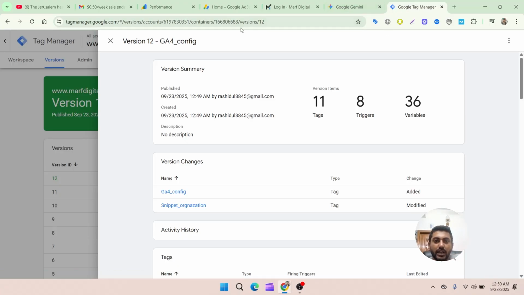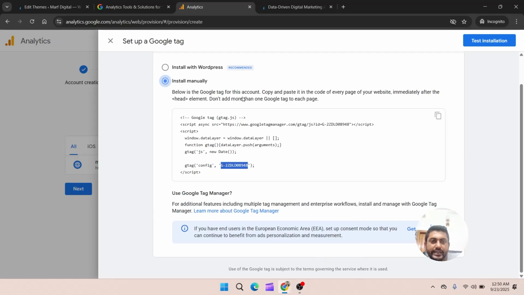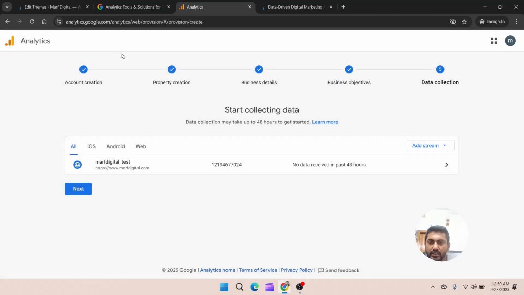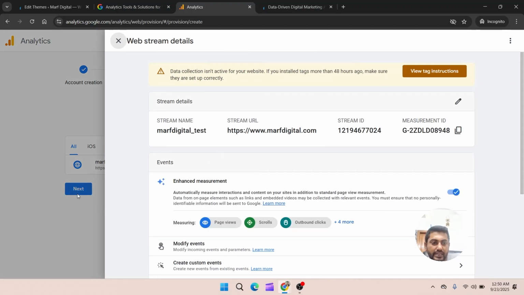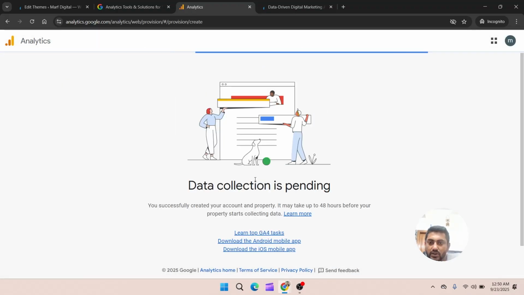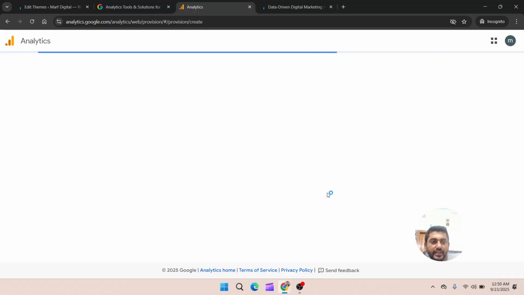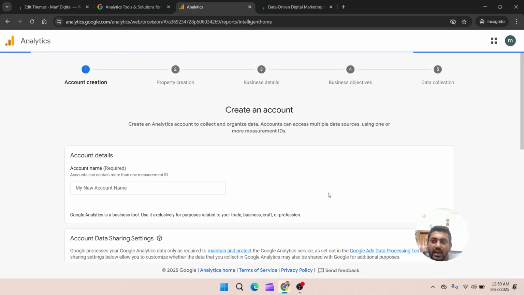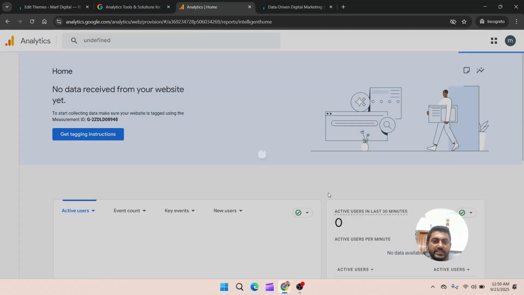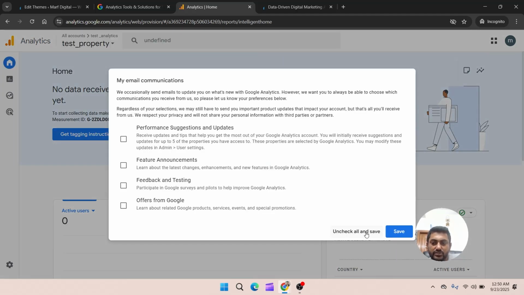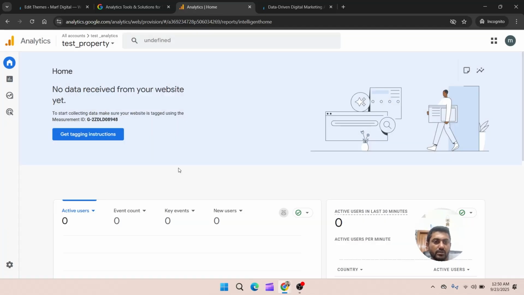So right now I will give you a simple description about Google Analytics. If we go through and see next, okay, data collection is pending. Once data arrives here, we will be able to see everything. So just save, no problem. You see this is my test property created. So later